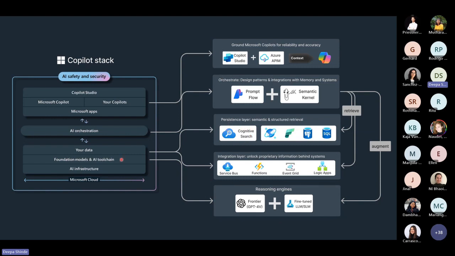If you want to build something more than Copilot Studio, if you need to build an end-to-end custom Copilot, then that needs to be done in code, and that needs to use some or all of these services. Again, on the day, if there's a need for some of your use cases to specifically use a code-first approach as opposed to the Copilot Studio approach, then we will take it case by case on that day.